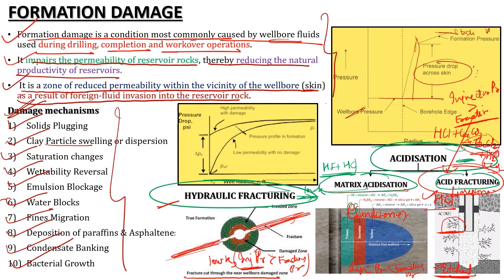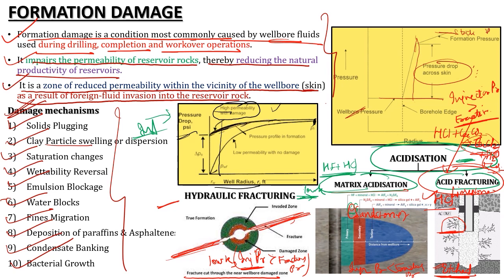Now let's look at this particular graph. This is a very important and a very beautiful graph. This graph is between pressure drop versus wellbore radius. So in this, you can see that this is a pressure profile for a high permeability reservoir with damage. I have compared two different reservoirs: one is a high permeability reservoir, and the second is a low permeability reservoir. Let's say I am having a high permeability reservoir with some near wellbore damage, so this would be my pressure drop in my high permeability reservoir.